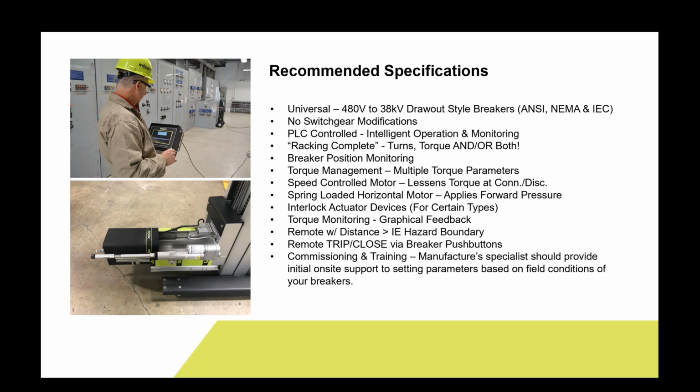So, we talked about the spring-loaded motor. We talked about and showed some of the interlock devices where we have either position interlocks or racking screw access interlocks that have to be dealt with. The remote trip and close. So actually the bottom here on the close side of the motor, we show a little black tip plunger, a little linear actuator where, if we're going to go rack a breaker, one of the real key safety considerations before doing that is to trip the breaker to make sure it's open,